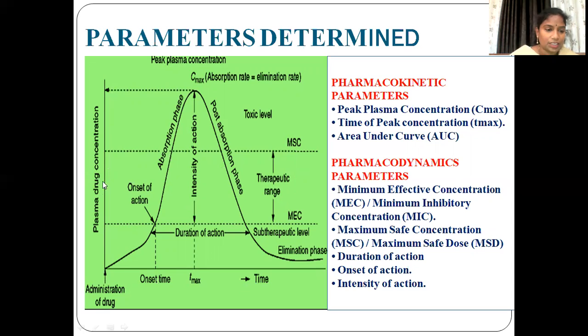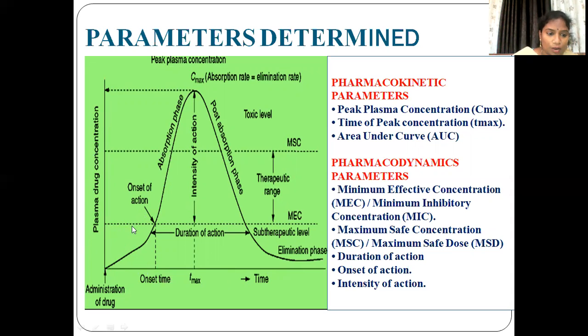I already discussed the plasma concentration-time profile in my previous videos. There I clearly explained why we have to take drug plasma concentration on the y-axis and time on the x-axis. I already explained in detail. It is dependent, that's why we take it on the y-axis. Independent, we take on the x-axis. So after administering the drug,